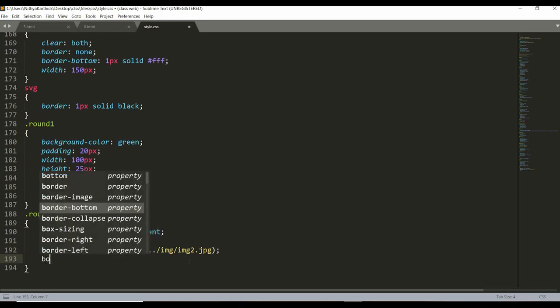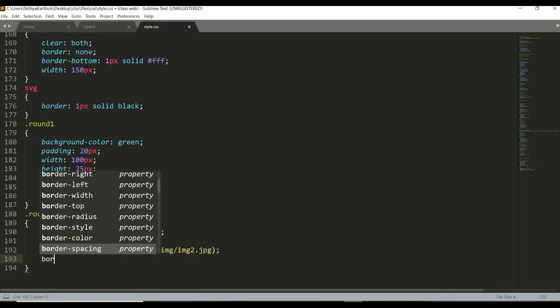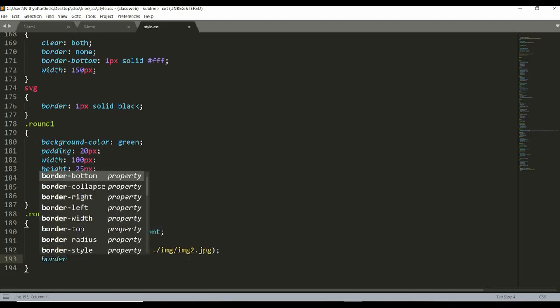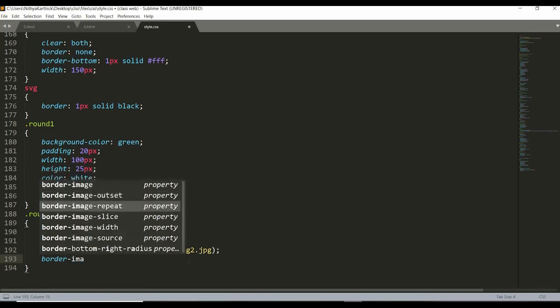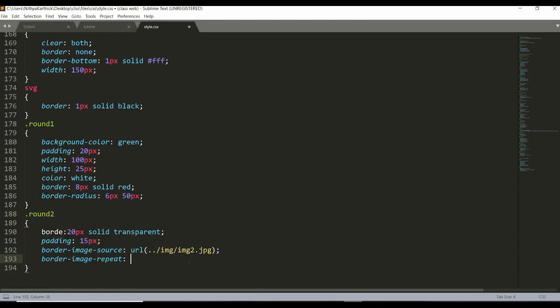Then we can give border repeat also. While talking about background image, I told you about background repeat also, repeat X, repeat Y. Yes, so here in border also we can give image repeat. But not like repeat X, repeat Y, or simply repeat, which is given for background image. Here we can give rounded or repeated or stretched.